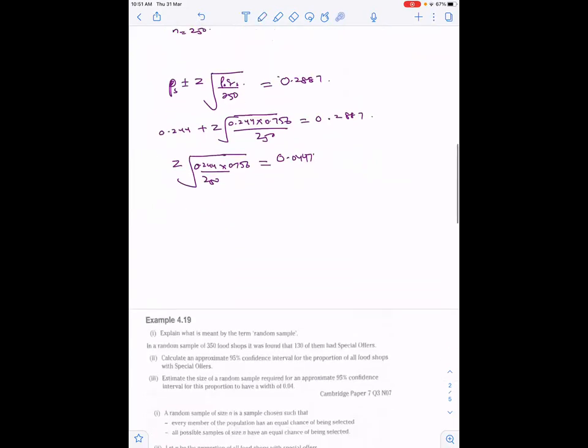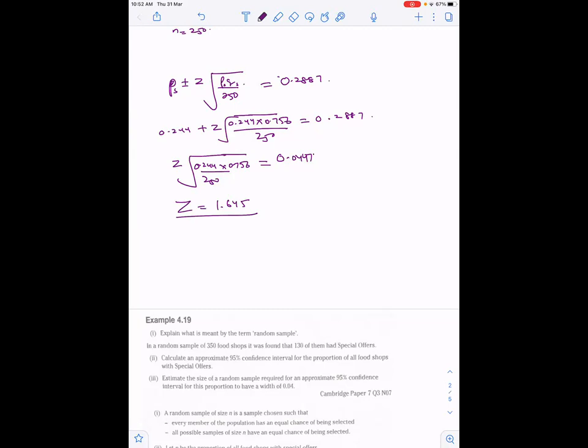Okay, I'm solving this part first and then I'm going to divide it by that, 0.244 multiplied by 0.756 upon 250. Okay, z is 1.645. Okay, so what you will have to do in this case is you will have to